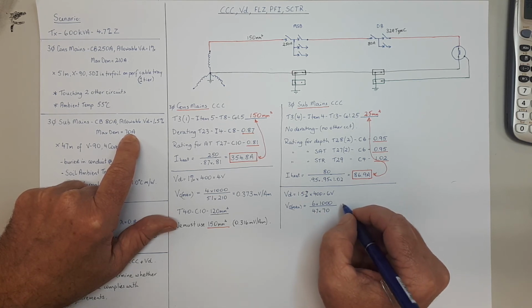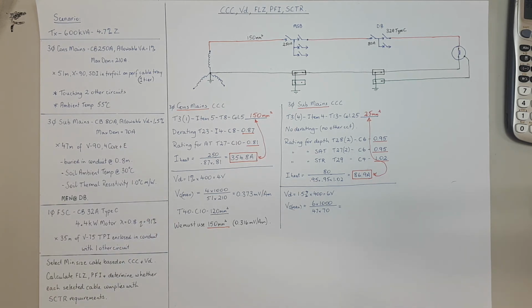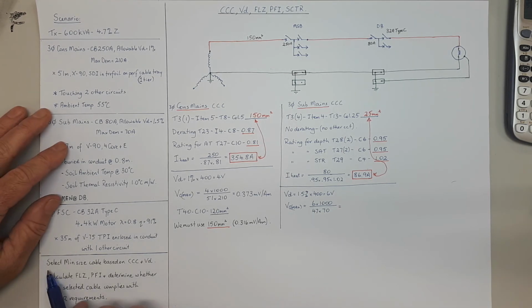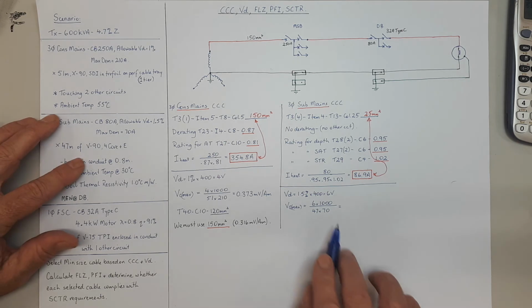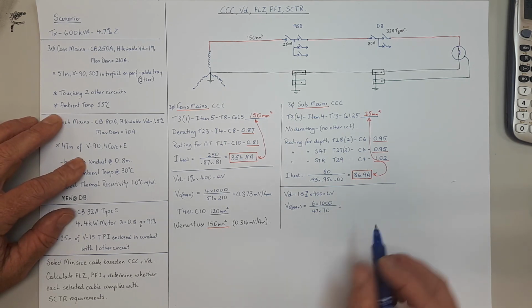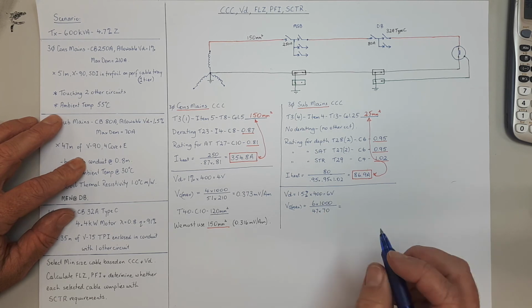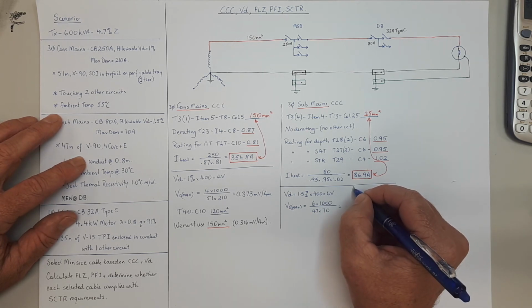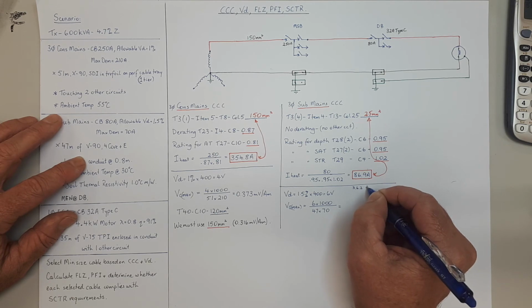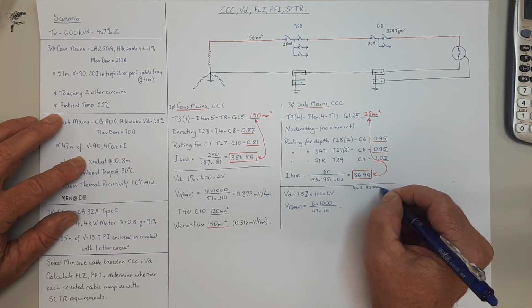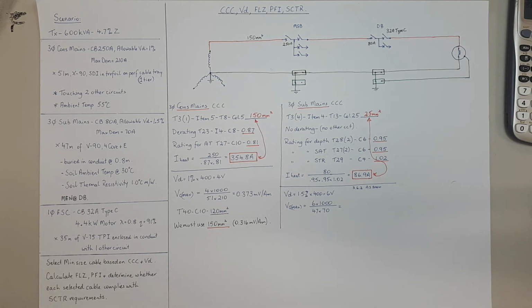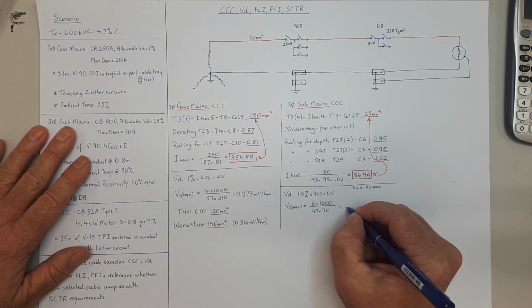If you're not sure why I'm using 70 instead of 80 for the breaker, it's not illegal to use the 80, but I've asked you to select the minimum size, and to be sure you got the minimum size, you use the smallest amount of current you're allowed to. So go to 3.6.2 in the rules in AS3000. Go there, check it out. Trust me, you're allowed to use 70. And so we bang that in the calculator and we get 1.824